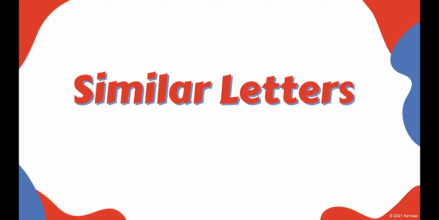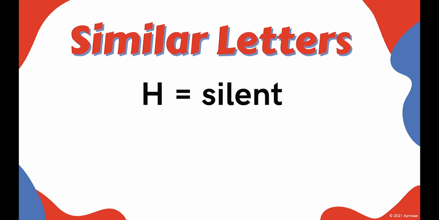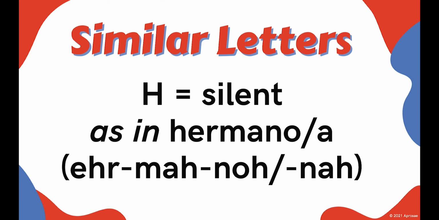All right, and the third category that I want to go over are letters that you'll find in the English alphabet, so you might pronounce them like you pronounce them in English when you see them in a Spanish word, but they are very different. Let's start first with H. The H in Spanish is silent. It's not like in English. There is no pronunciation of the letter H. For example, a brother is hermano. A sister is hermana. H is silent. You'll know not to say hermano. Say hermano. Its H is silent.